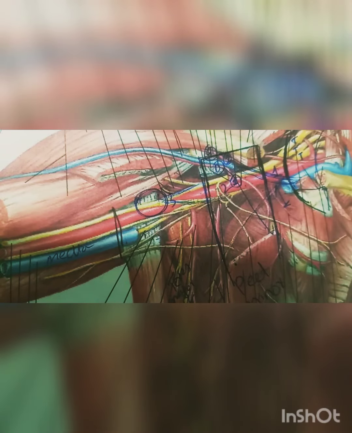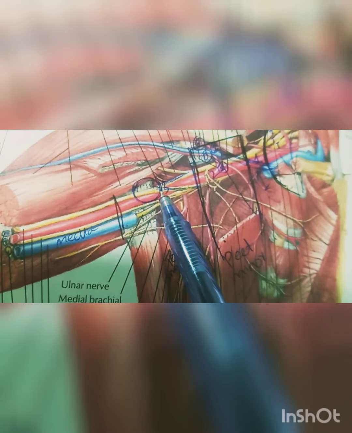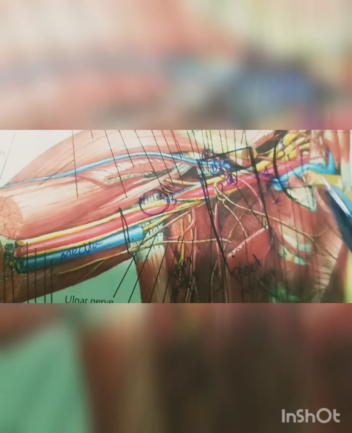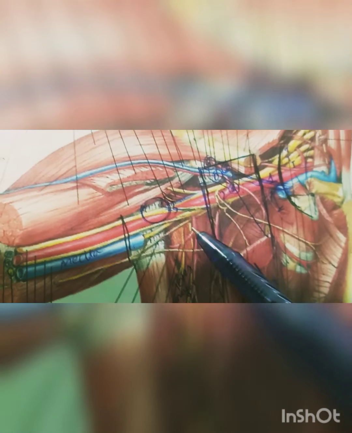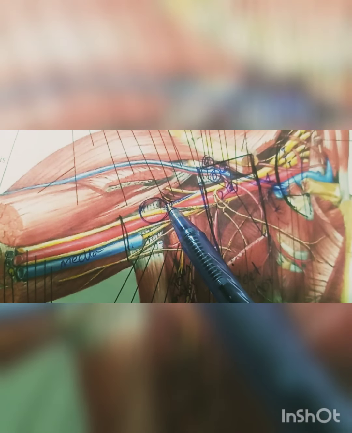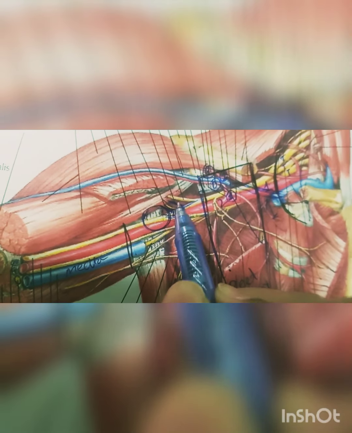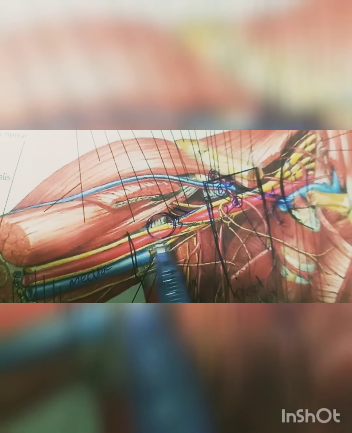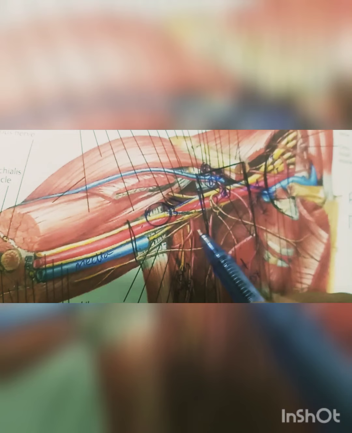Now the third part of the axillary artery gives three branches. The first branch is the subscapular artery, which is coming from the third part of the axillary artery. Now these are the anterior and posterior small branches. These two branches also originate from the third part of the axillary artery. So the third part of the axillary artery has three branches: the subscapular artery and the anterior and posterior circumflex arteries.